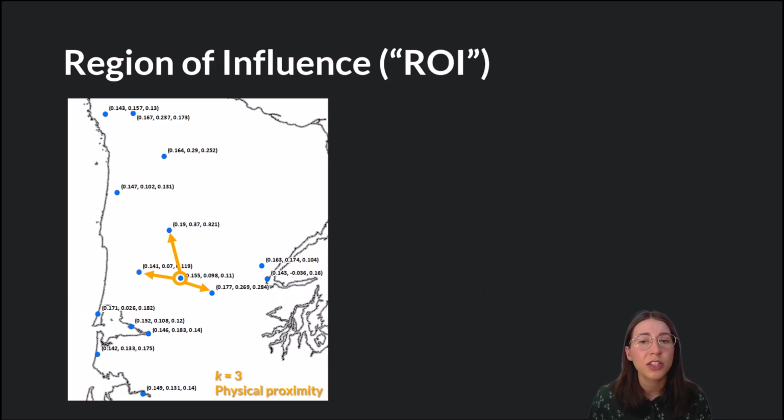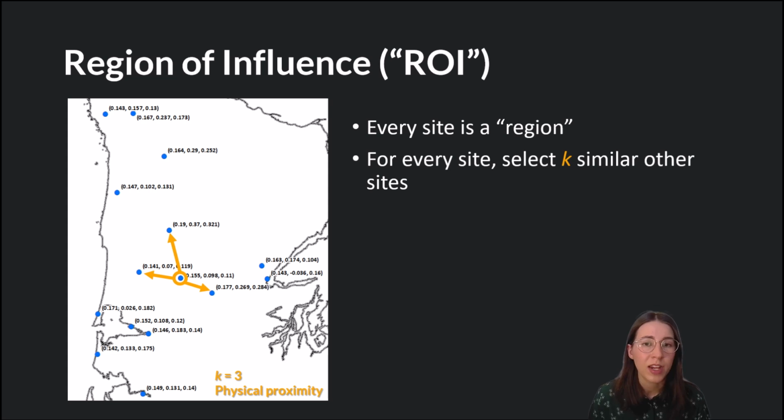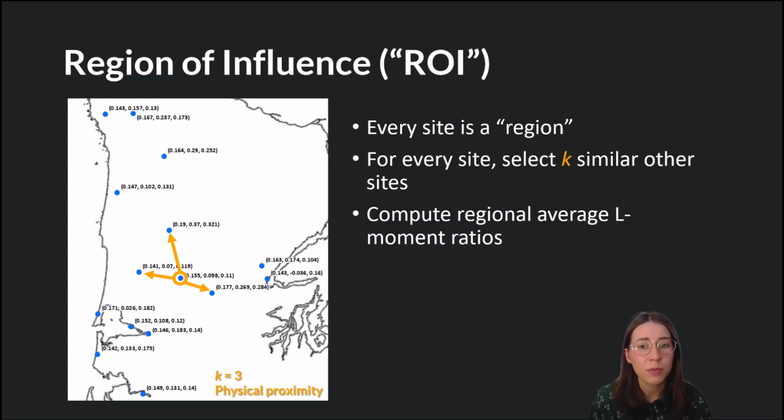Next, we'll talk about the region of influence method. This starts differently than the index flood and fractional membership methods. The idea behind region of influence is that each site is considered its own region. For each site, select K similar other sites from the surrounding area and combine those to compute a regional average